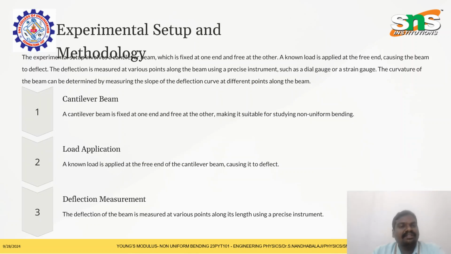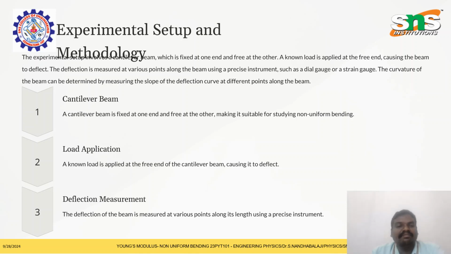The experimental setup and methodology. The experimental setup involves a cantilever beam, which is fixed at one end and free at the other end. An unknown load is applied at the free end, causing the beam to deflect. The deflection is measured at various points along the beam using precise instruments, such as dial gauges or a strain gauge. The curvature of the beam can be determined by measuring the slope of the deflection curve at different points